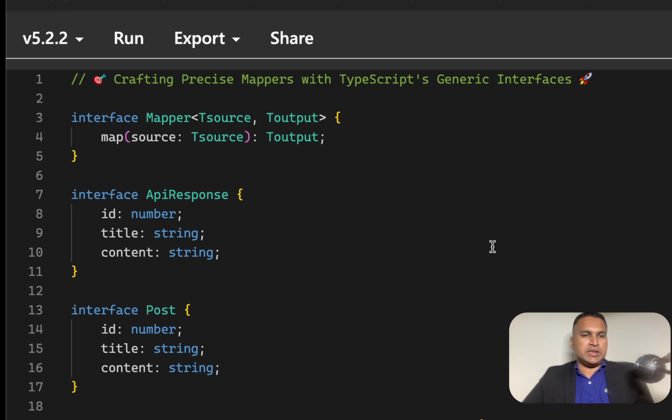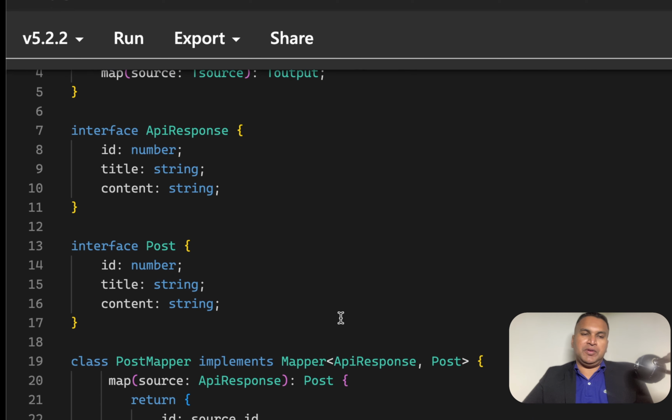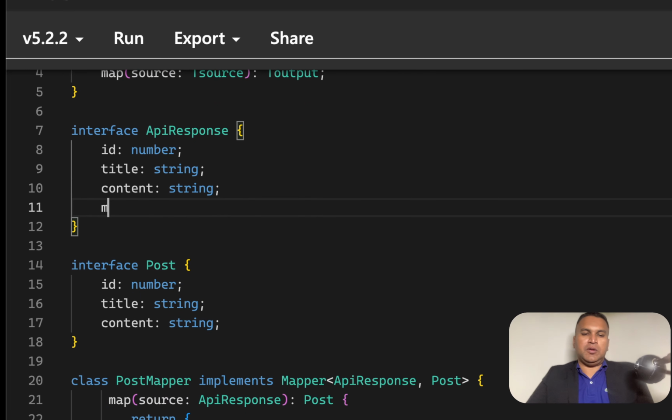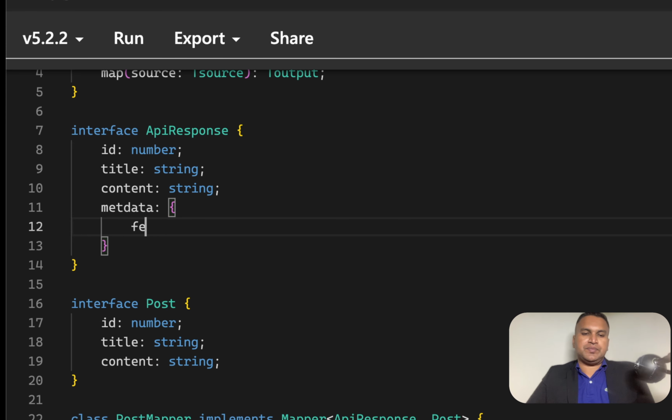And now what we can do is make the API response different from the post. Then we will see the real value of this example. So for example, if we define something called, let's say, metadata, and in that metadata we have some metadata values. Let's say a common one is feature, so we'll say some sort of boolean here. Okay,